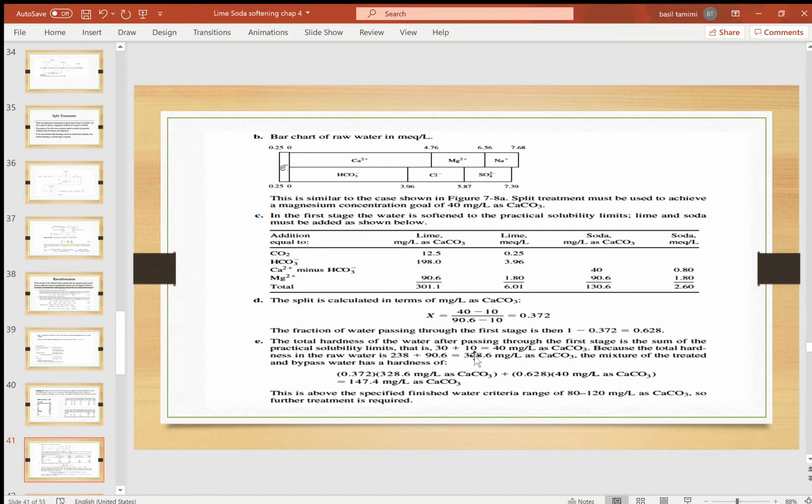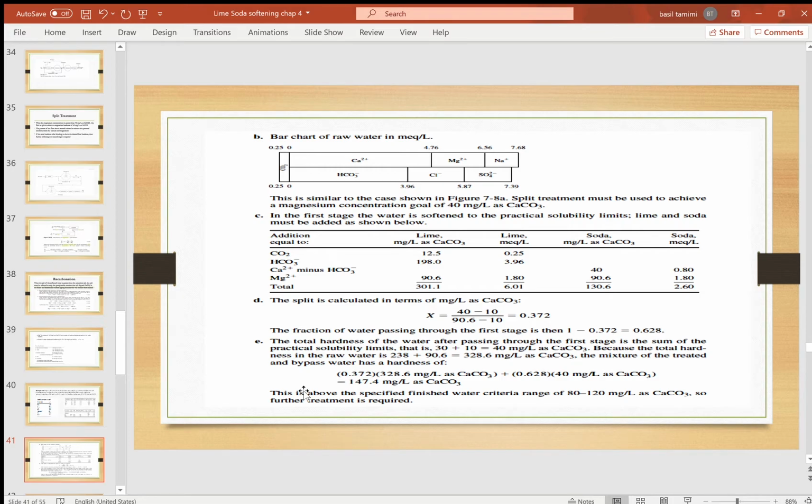So yes, here it's just a check of the total hardness, that it's not meeting the requirements from the beginning. Back again, this is something that we have done for the table. So back again, for the split treatment, it says, okay, the total hardness is not within the practical limit. So also you can, for example, try the split treatment. Okay, let's take the part which is untreated, and let's see, after blending, what would be